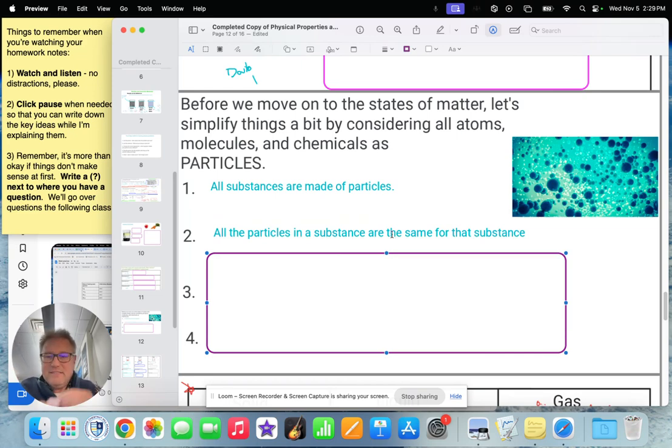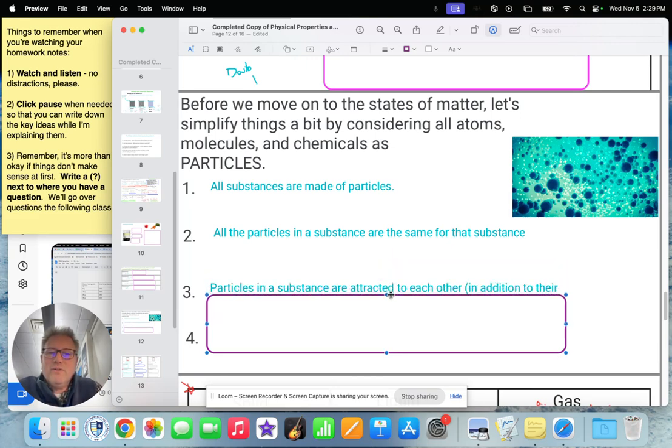We know that this is a sticky note, and I don't know exactly what chemicals are in here, but I could say that whatever particles are in this sticky note, I'm going to guess are probably the same as this sticky note. The 2 substances are the same, so I can assume that their particles are the same. And you'll see when we look at different types of substances, we can think of things that way.